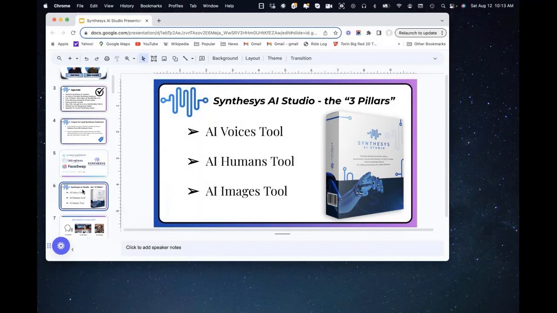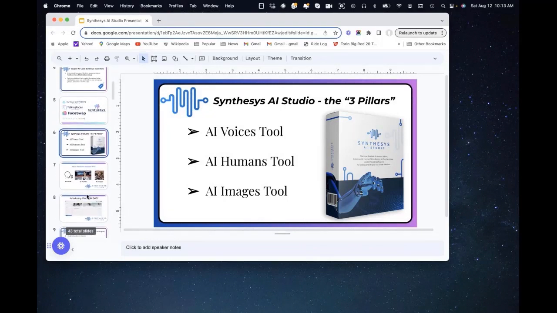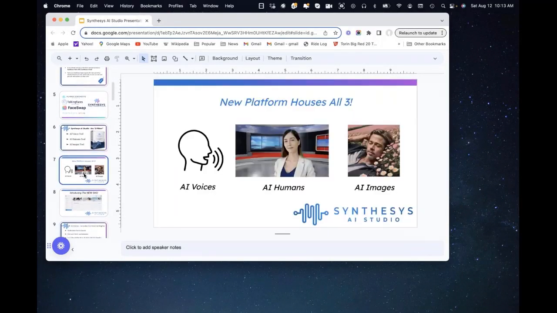Then we'll be talking about the AI Humans tool, again, based on real people that stood in front of a camera, gestured, and nodded their head and looked very comfortable in front of the camera so that we could take those humans and turn them into the AI real human avatars, which we call humitars. And we're also going to be talking about the brand new AI images tool. This is the text to image tool that's going to absolutely blow your mind today because it is so far into the stratosphere of the best right now compared to anything else that was available prior. And you can see just an example of that on the right.